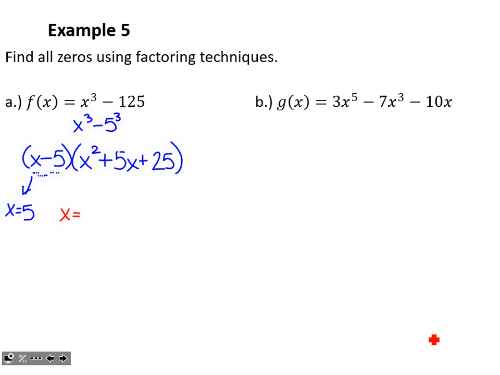Opposite of b plus or minus the square root, b squared, minus 4 times 1 times 25, all over 2 times 1. And again, we covered this in detail in chapter 3, so I hope you don't mind me kind of going through the quadratic formula kind of quickly here. Oops, sorry, that was a -75.